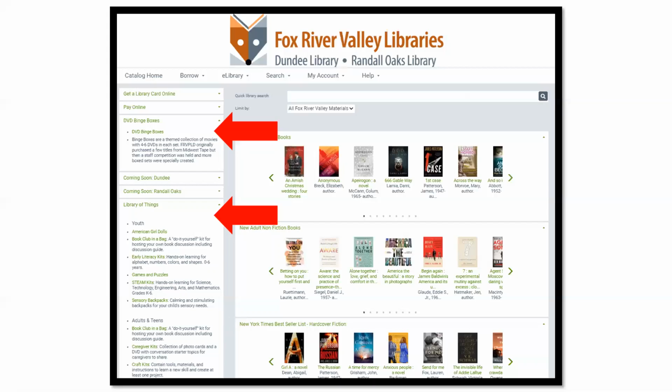They've also added their library of things dashboard. So again, you can see here they've divided it into things that are for youth and things that are for adults and teens. And here they've provided an explanation for what the different parts of the library of things is. I think library staff are really familiar with what library of things is, but when you talk to somebody who is not very familiar with libraries or hasn't heard that term before, providing that explanation in the dashboard allows you